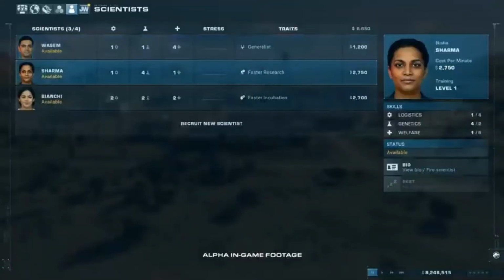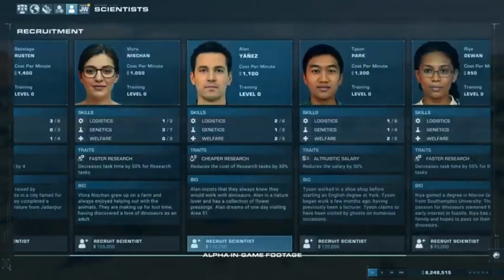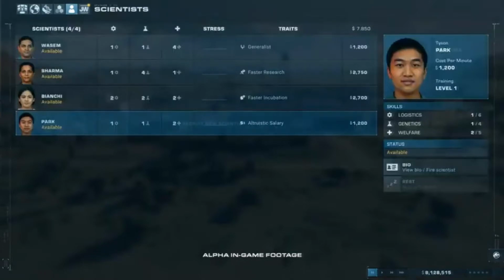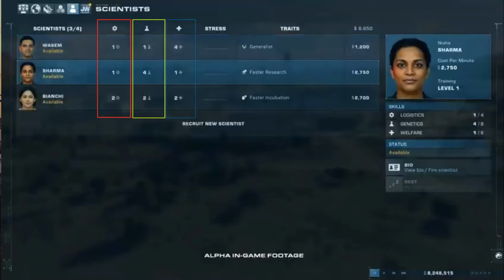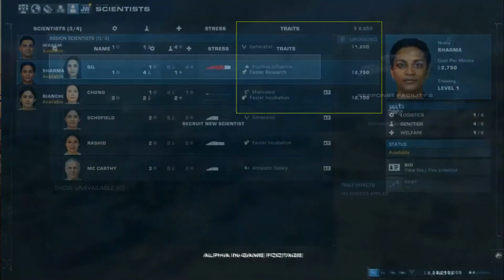So a key thing we're told about park management in the new game is that we'll be hiring a new staff member called the Scientist. These folks will be responsible for all the research and all the creating of new dinosaurs that we do. We get to see a lot of the UI involved here, so we can see that the scientists will have ratings for their logistics, genetics, and welfare skill, as well as a stress meter along with their general traits and their wage. We are told that we have to be careful with the scientists and how much we work them,